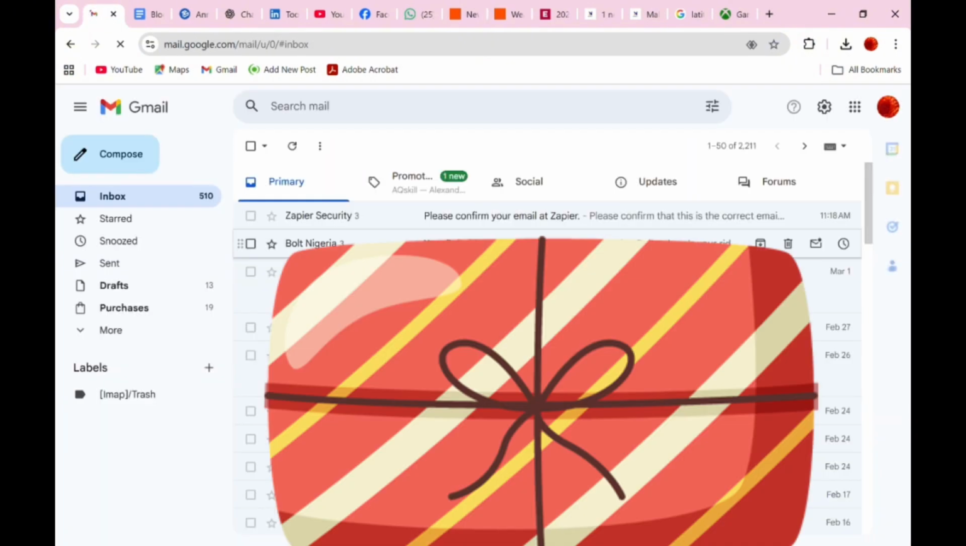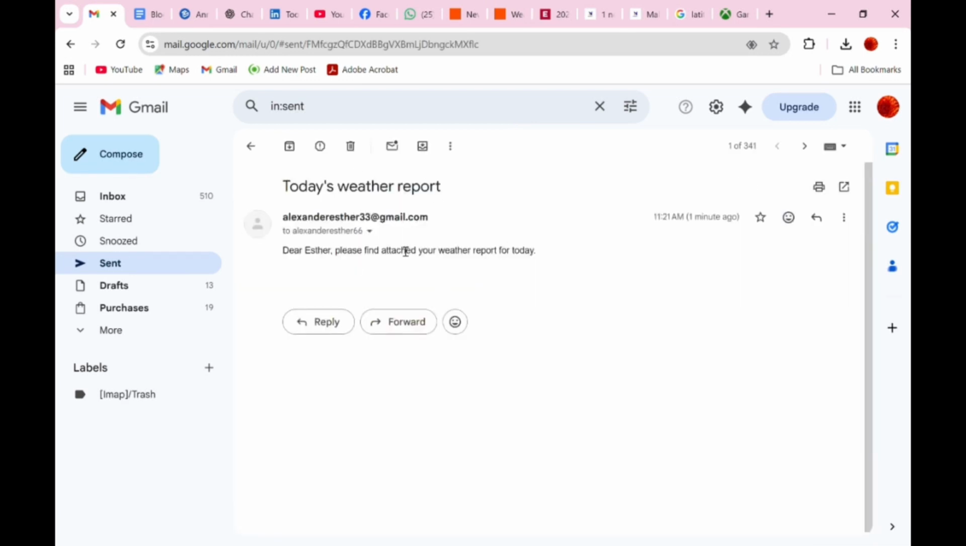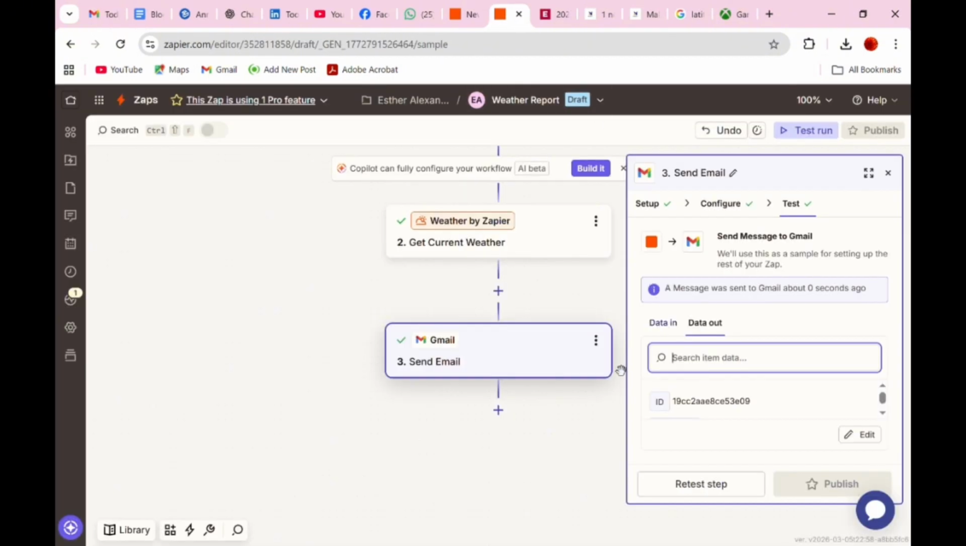So after testing, I went over to my sent email because I don't have the other email logged in here. So I just went to the email that sent it, and I went to the sent box, and guess what? I saw the email that was sent. So it means that the email that is supposed to receive it is definitely going to receive this particular workflow, because look at it. Can you all see that? So this is exactly how the email is going to receive it. Dear Esther, please find attached your weather report for today. That's what I wanted to see, and that's exactly what I see. So that means that this particular workflow is very much active,